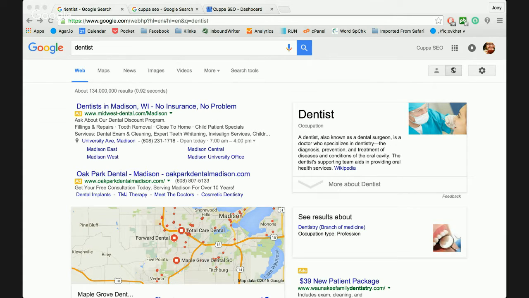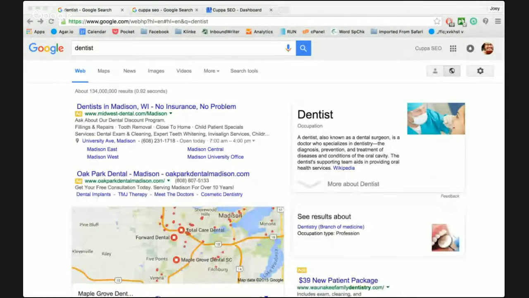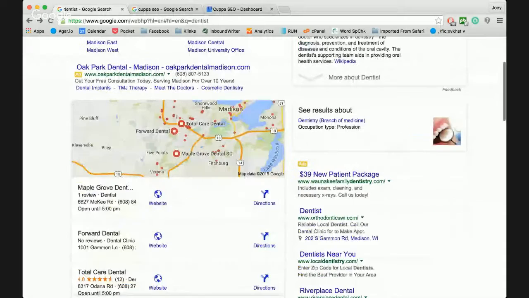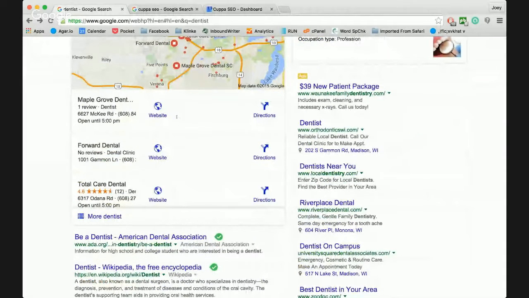So if your zip code is 53719, that's where your address is, and you're a dentist and somebody's looking for what you do, you're very likely going to show up on this page if you've optimized your Google My Business page well. This works in conjunction with Google Maps to provide these local searches, which are extremely accurate. It's almost like a bullseye, right?